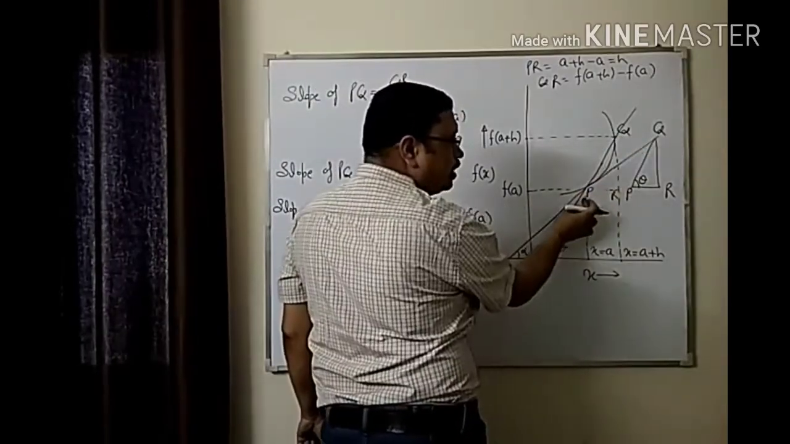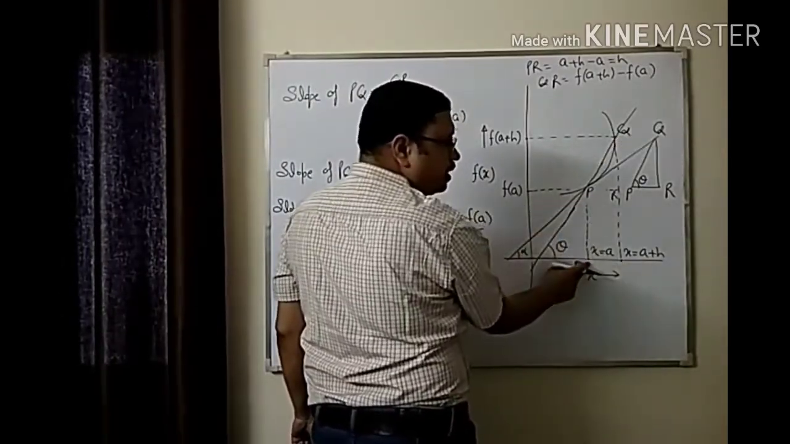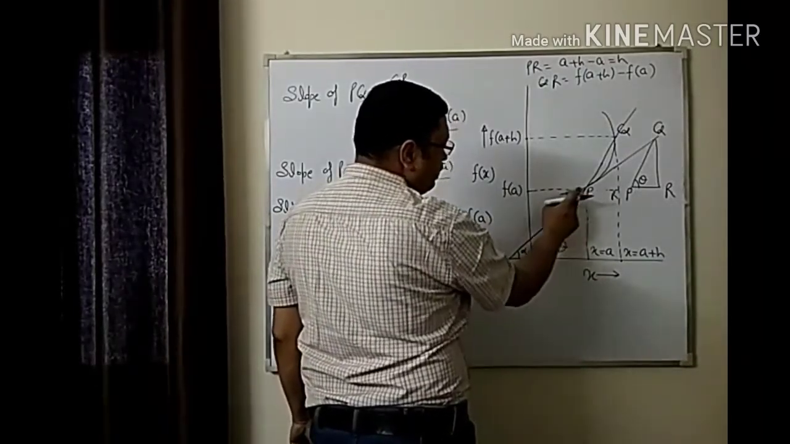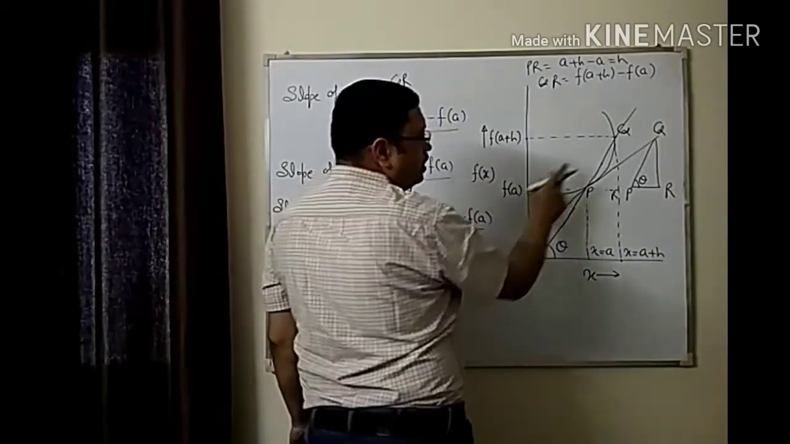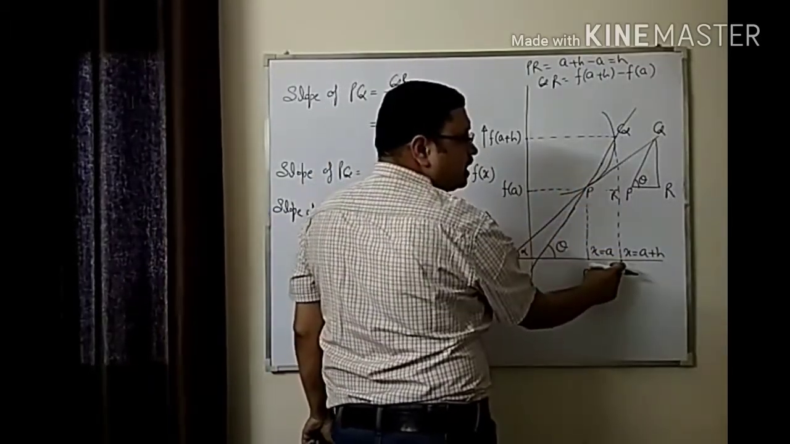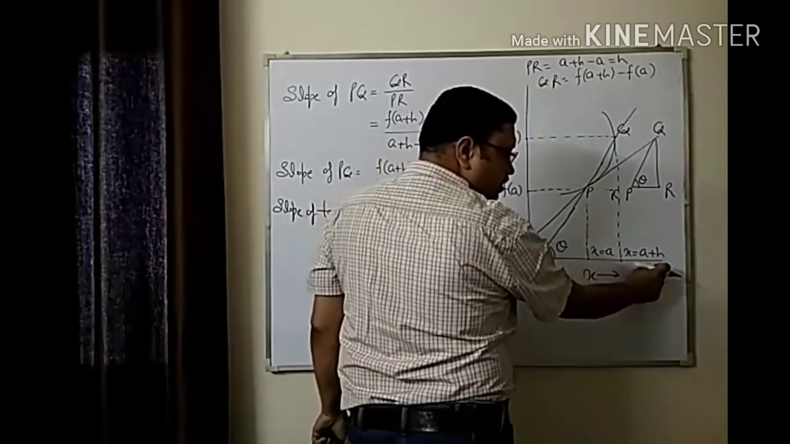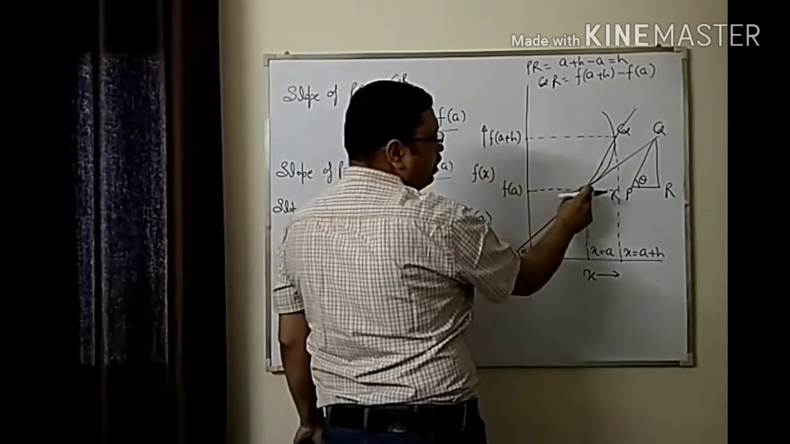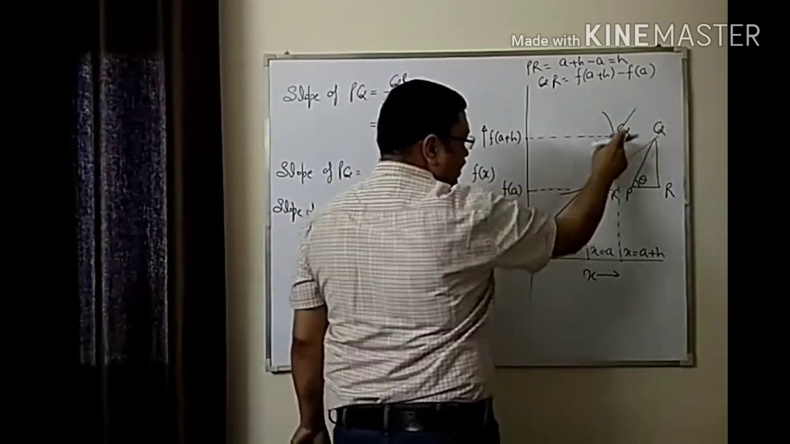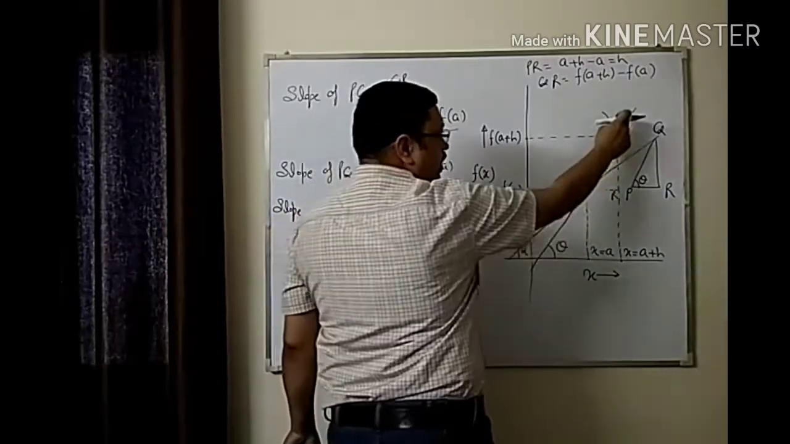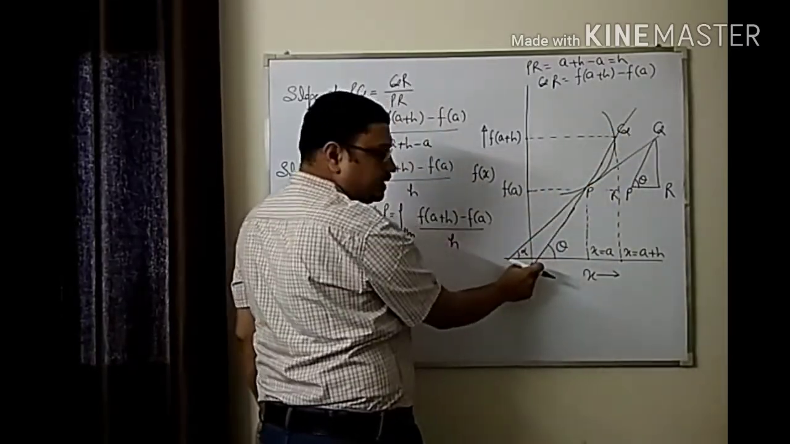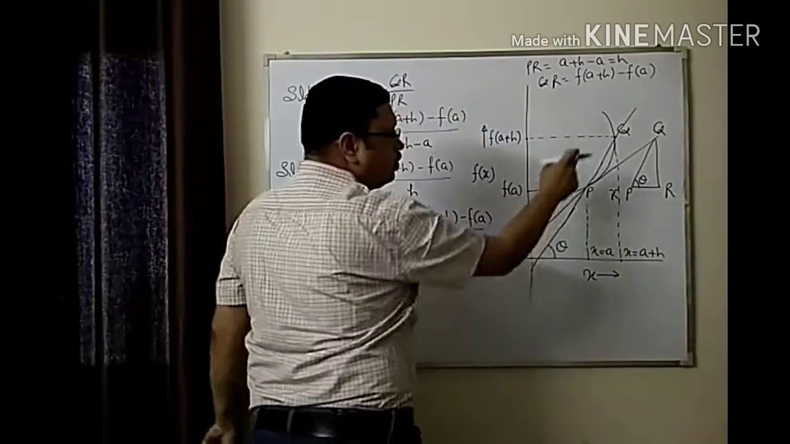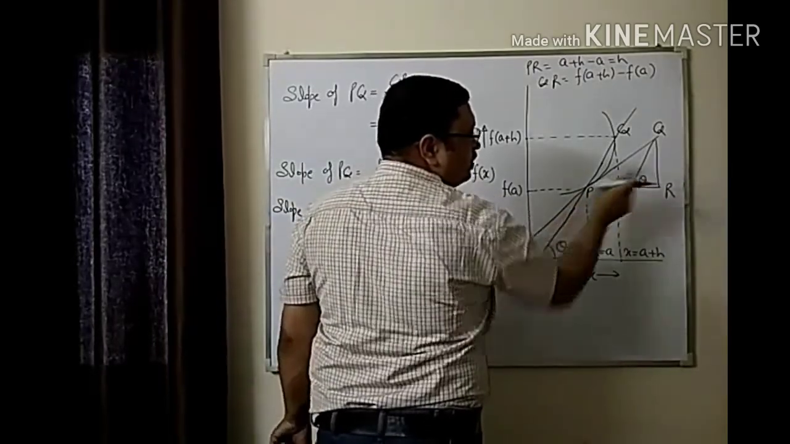Initially there were 2 points P and Q. P was having x coordinate x is equal to a. With respect to x is equal to a, there is a particular value of f(x), that is f(a). Similarly, Q is another point which has the x coordinate x is equal to a+h. With respect to a+h, f(x) has the value f(a+h). If we join P and Q, we get this chord. PQ is a chord. If we extend this chord up to the x-axis, it makes angle theta with the x-axis, and